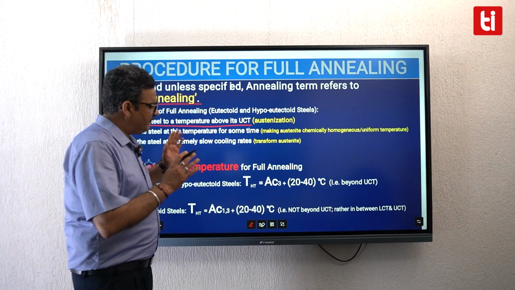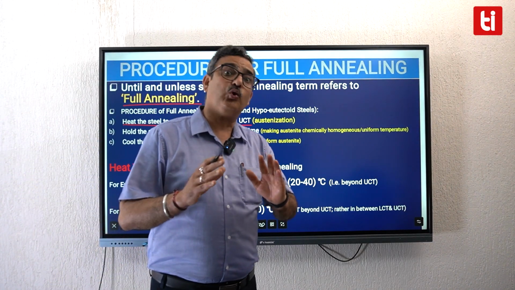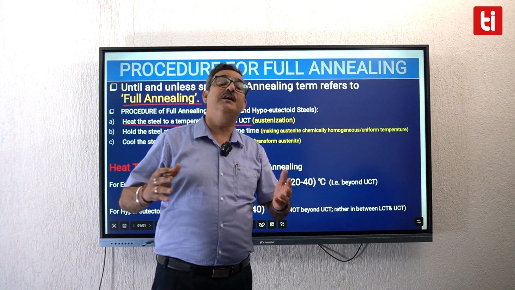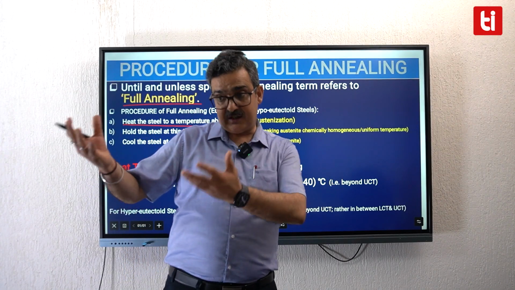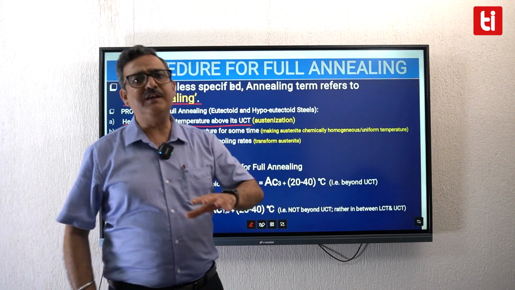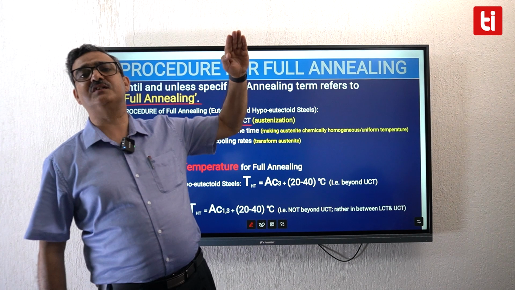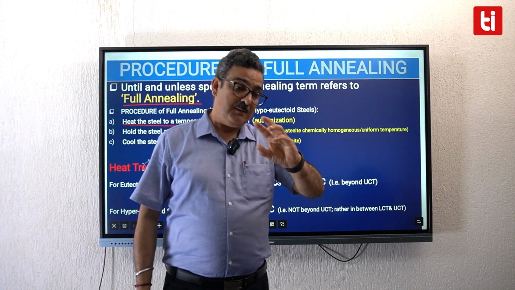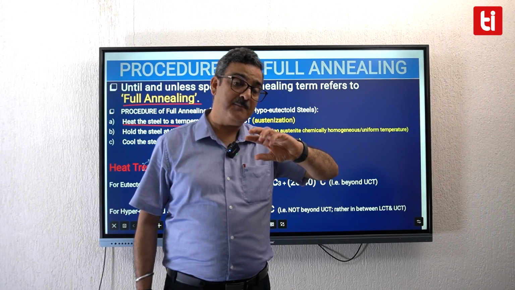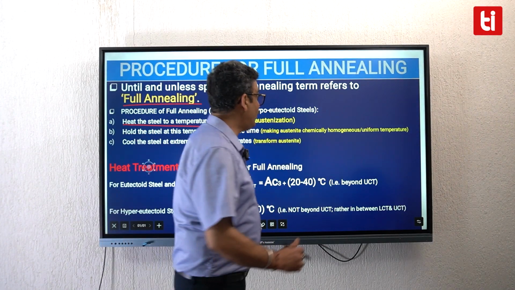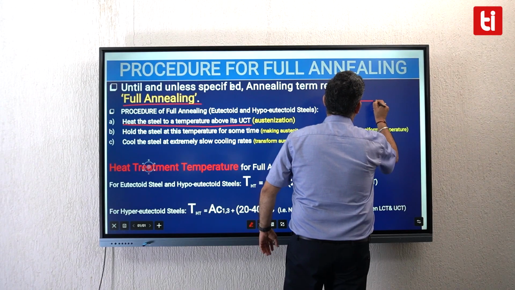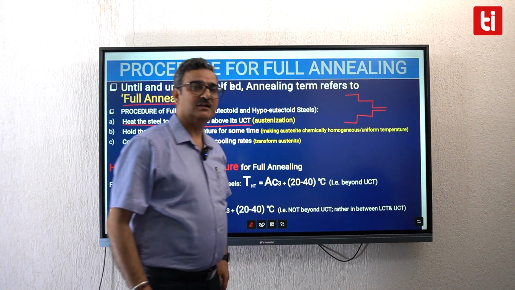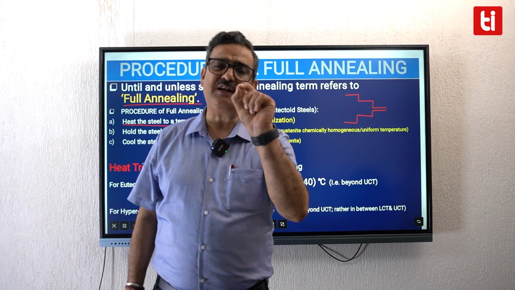So if the steel has not been cold worked before it is brought for heat treatment, if the steel is not containing huge amount of internal stresses when it has been brought for heat treatment, during heat treatment you can use as fast a heating rate as you wish to, as your facilities permit. But if a steel is pre-stressed, it contains a large number of internal stresses, or the steel components which are to be given heat treatment have large changes in their cross section, then the heating rates should be moderate